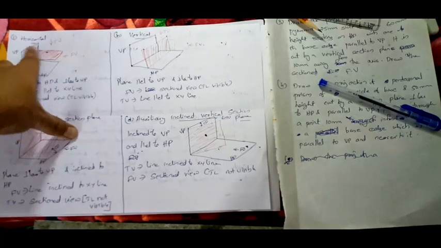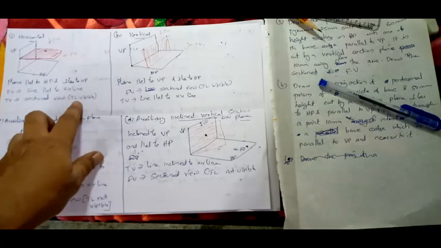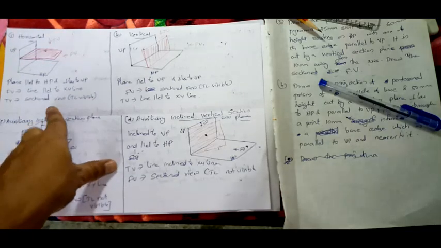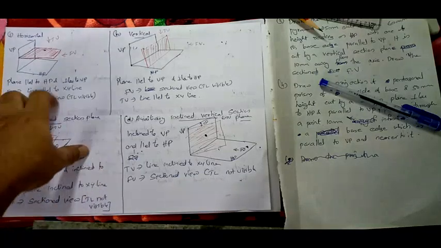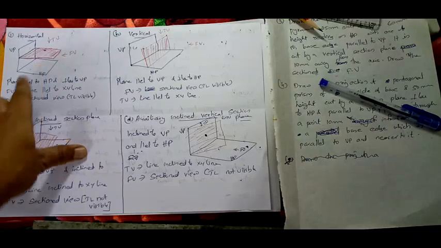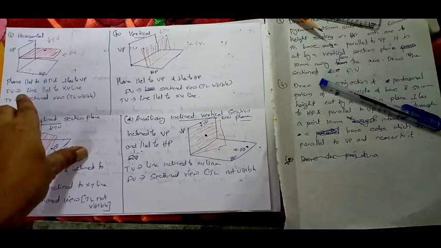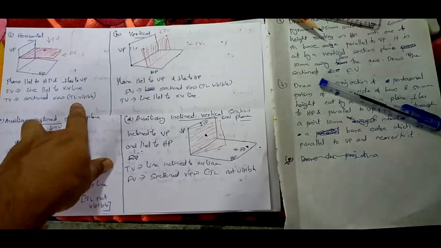In the top view you can see the whole plane. Actually it is not inclined, so you can see the true length. That's why I have noted that true length is visible here. So the top view is the sectioned view, and true length is visible there also. That's a horizontal section plane. You understand, right? This plane is parallel to HP and perpendicular to VP, where the front view is seen as a line, and the top view is the sectioned view in which true length is visible.